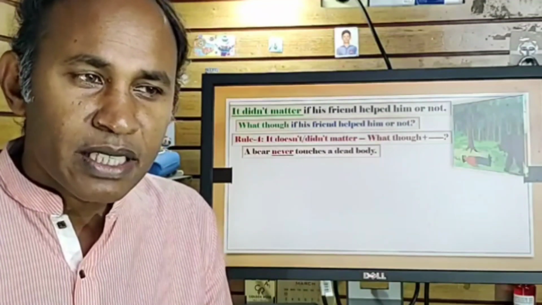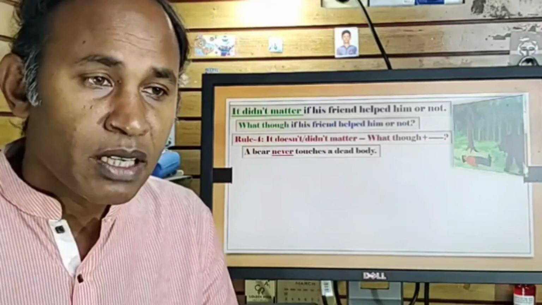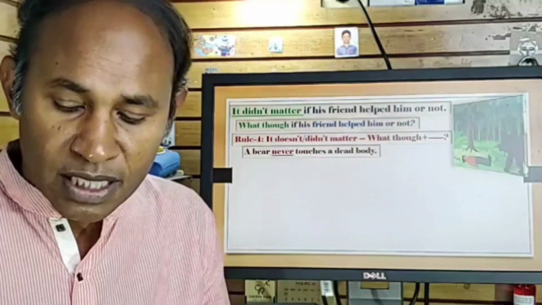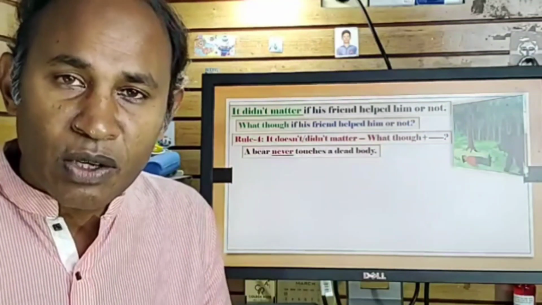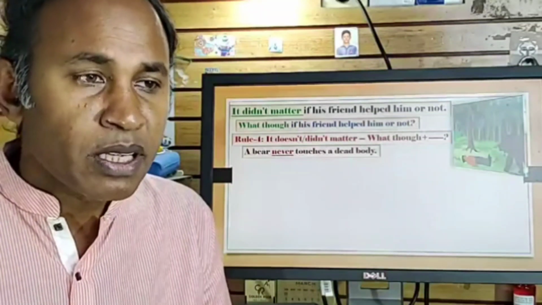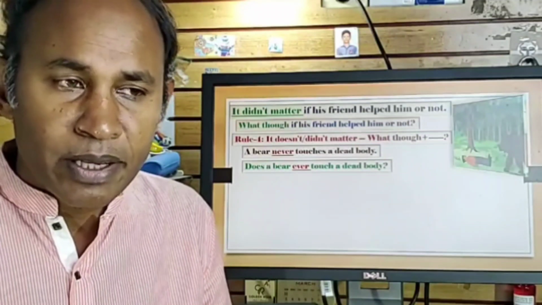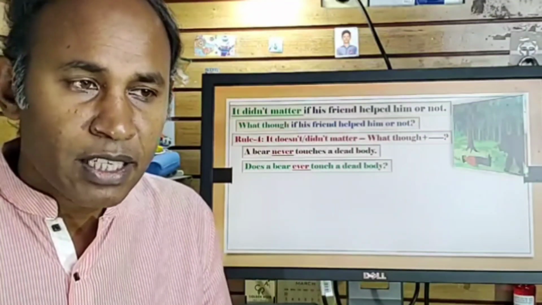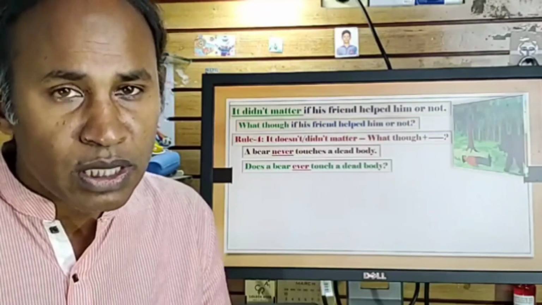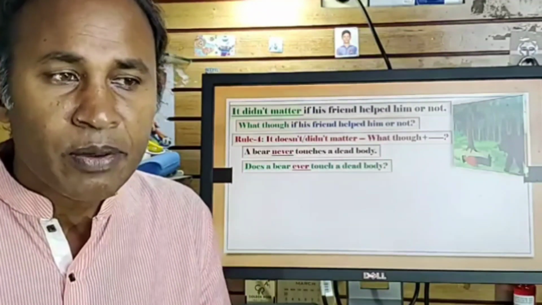body. So in this sentence we see the word never শব্দটা আমরা পাচ্ছি। So never is an important word, never is a negative word, so never থাকলে মনে রাখতে হবে আমাদের সেটা ever হবে, এবং এটাকে affirmative interrogative করতে হবে। That's why the answer is that does a bear ever touch a dead body? সিম্পলি দেখো যে নেভার এর জন্য আমি এভার বসিয়েছি মানে নটটা তুলে দিয়েছি, তার মানে ডাজ বসিয়েছি, তার মানে এটা অ্যাফার্মেটিভ সেন্টেন্স, অ্যাফার্মেটিভ ইন্টারোগেটিভ হয়েছে।